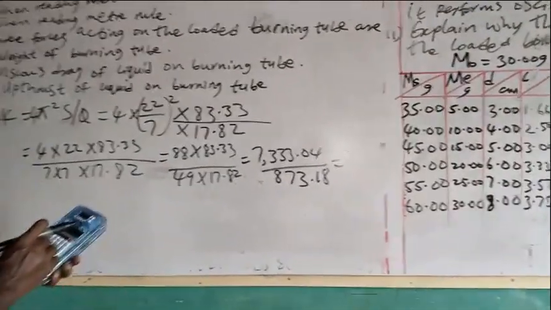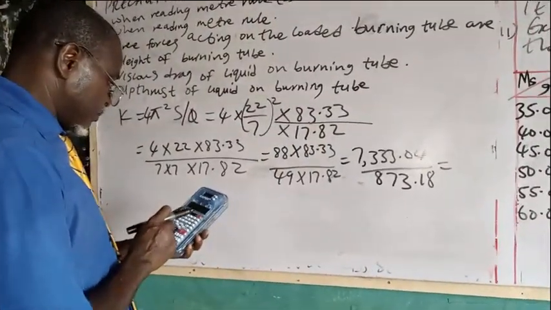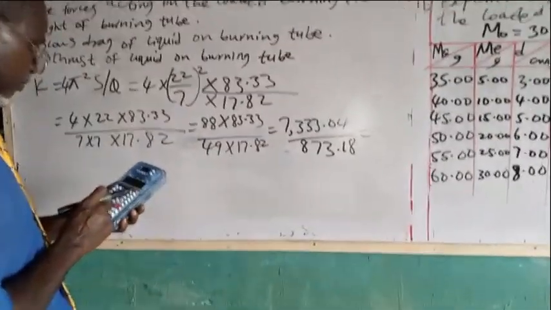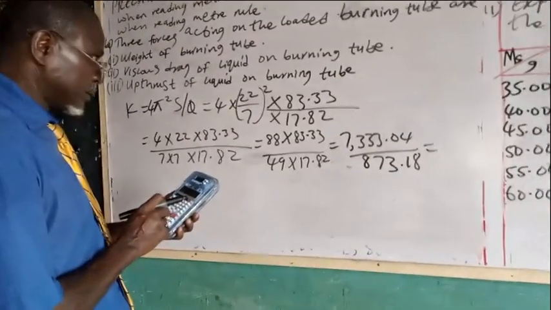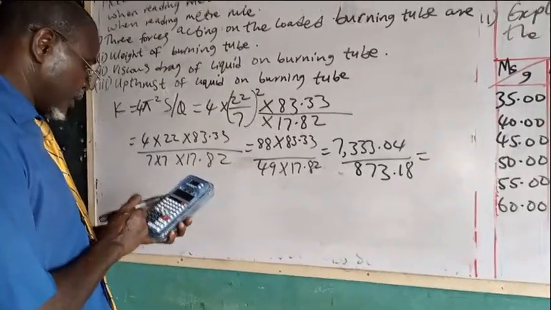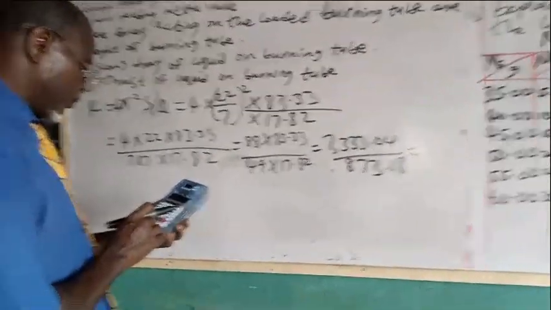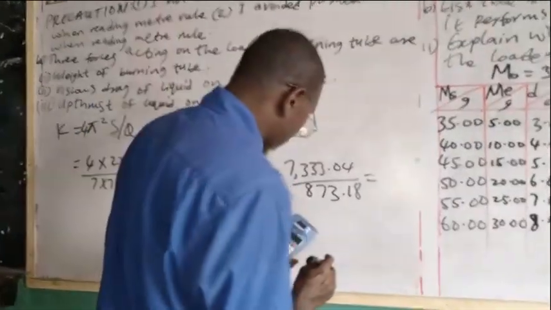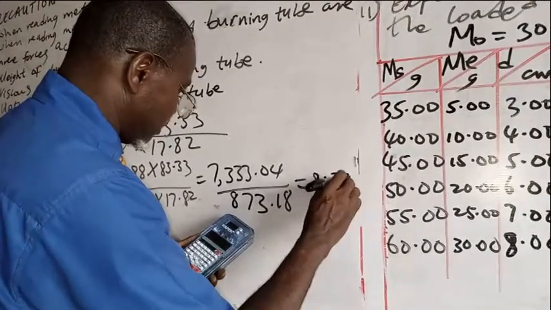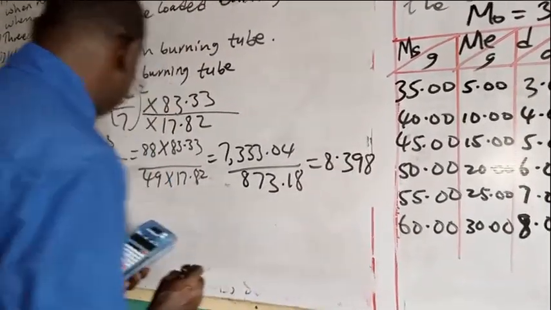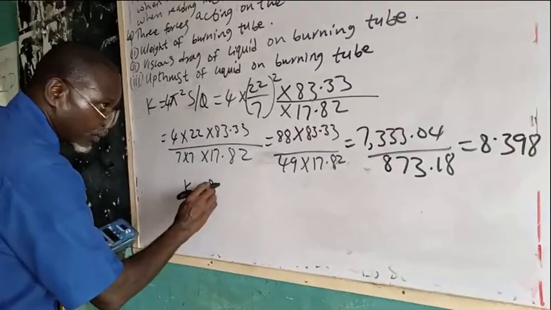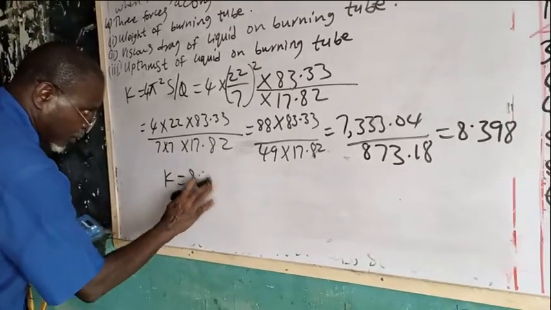So when we divide them together, 7,333.04 divided by 873.18 will give us 8.398. So our K is equal to 8.3 or 8.40